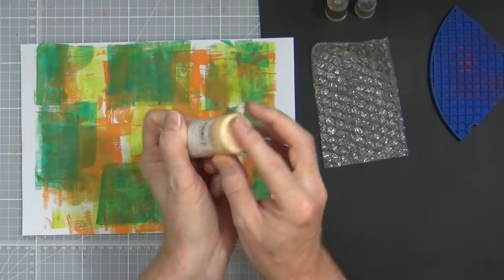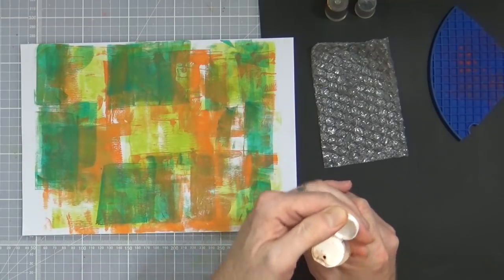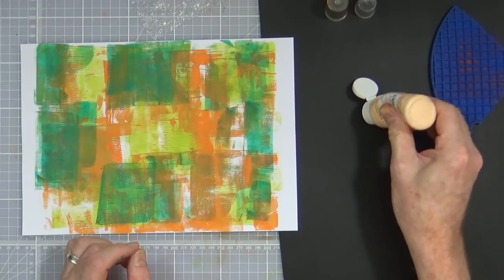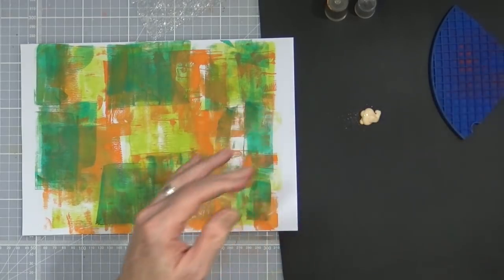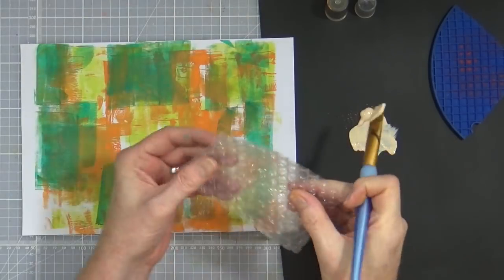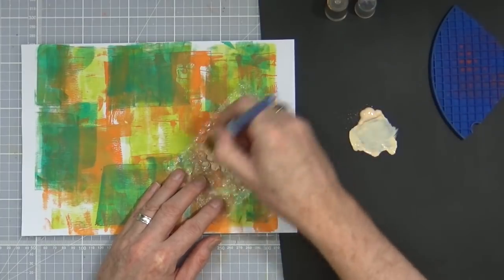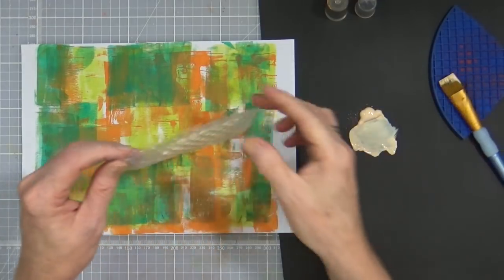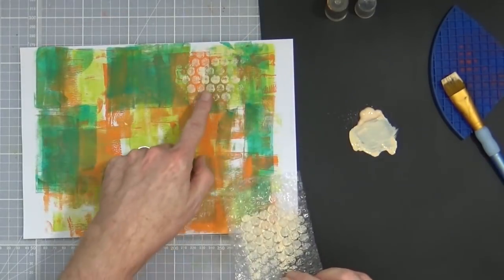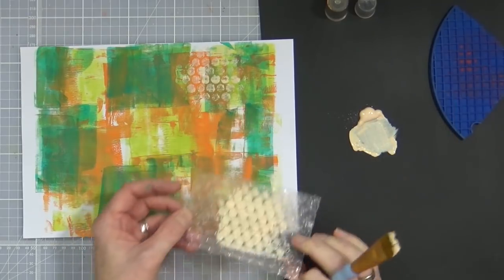So to do the marks, I'm going to use a lighter colour, and I've got this kind of peachy, very pale peachy sort of colour. I'm going to add some of that onto my mat, just like that, and then with a brush I'm going to grab the bubble wrap and paint it on, and then just start adding that around the page so we're getting some nice texture into the background. Just loading the bubble wrap up,